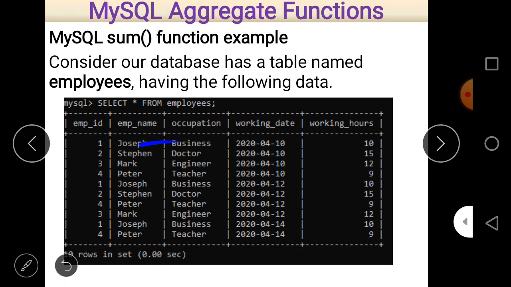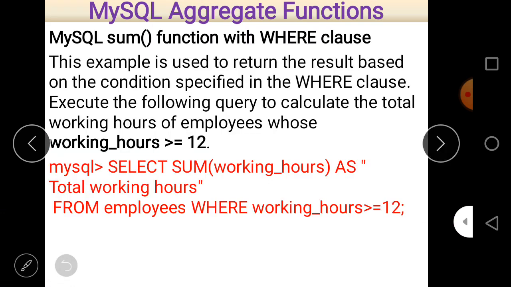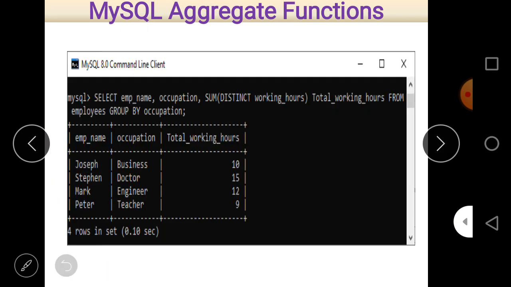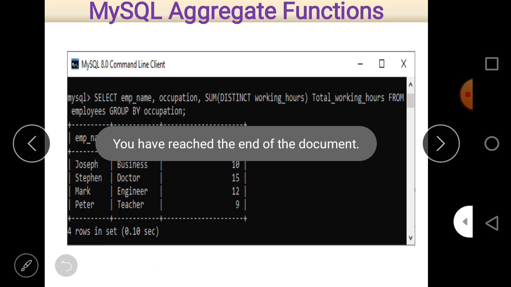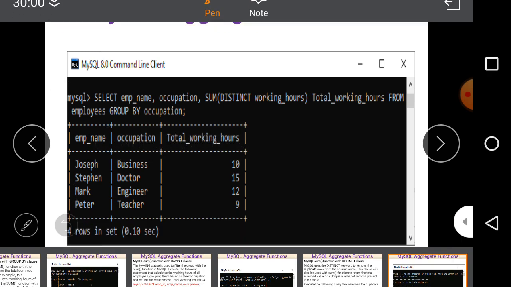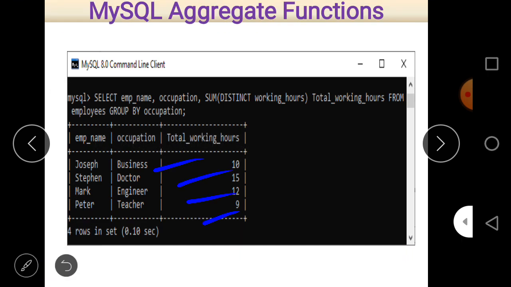Joseph appears here 3 times: Joseph, and then Joseph business, and then Joseph business, 3 times. So it removed duplicate rows and put the answer only a single time on the screen, as you can see here. So this is the use of the DISTINCT clause.